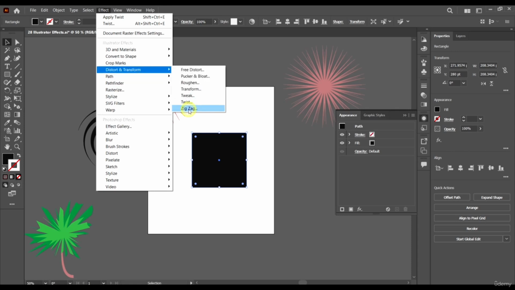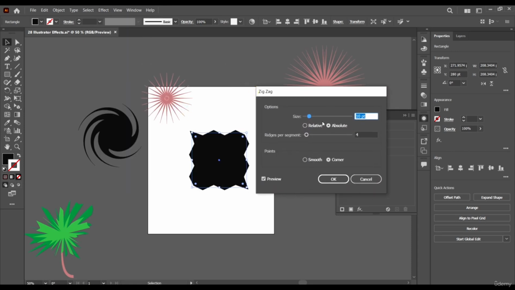Now we have the final one, which is the zigzag. And what does it do? It just gives us zigzags on our shape, and that's basically what it does. We have the smooth mode, which makes the points smooth, and we have the corner, which makes the points sharp.